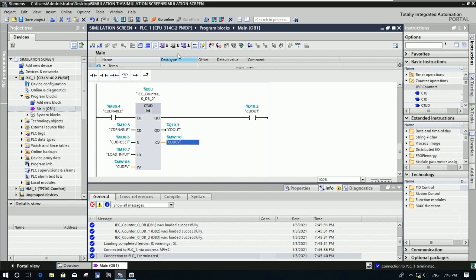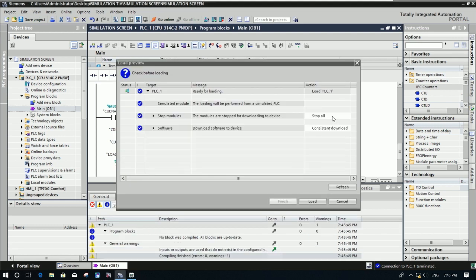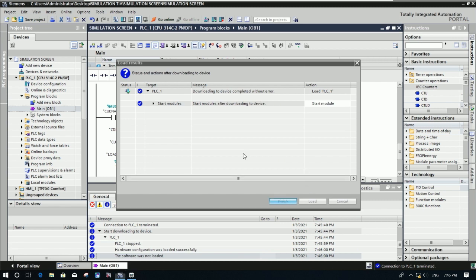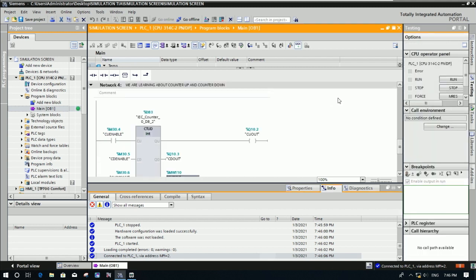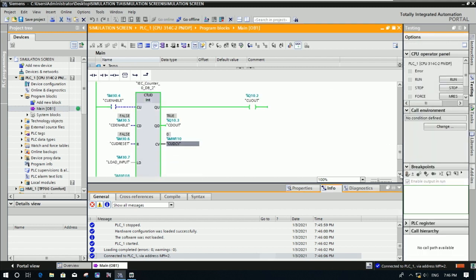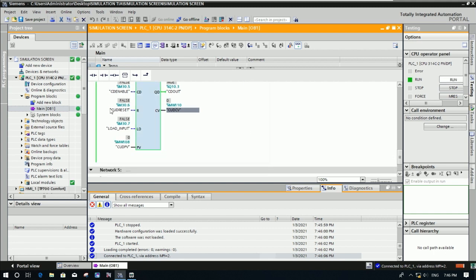Could not change operation mode, so we can go to simulation again, and then go here and then go to stop all, and then download selection, yes, and finish. So we can go online after we start the CPU and then simulation. Okay, so right now we can go online, you see, and in the next step we will go to